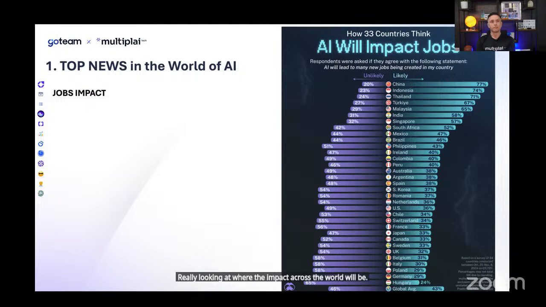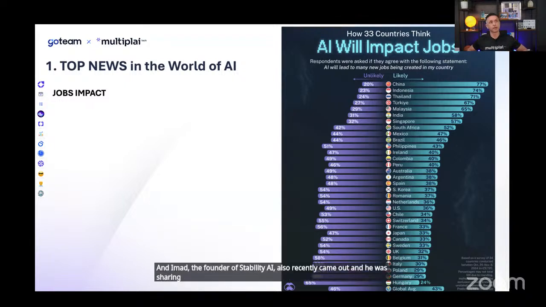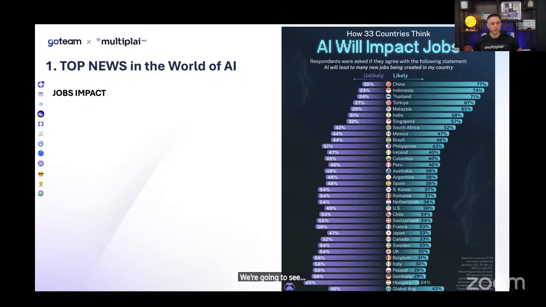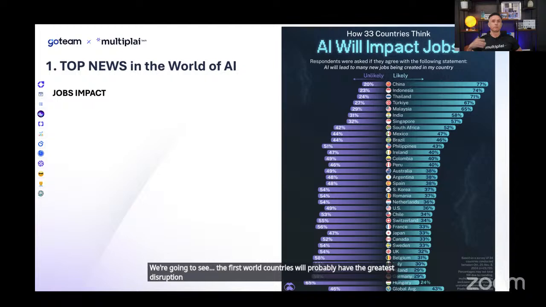And Emad, the founder of Stability AI, also recently talked about this scenario, saying that because of the quality of these models, the first world countries will probably have the greatest disruption because of their need for service-orientated